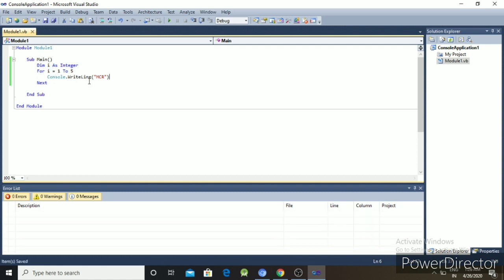Okay, then I will discuss the for loop in VB.NET. It is written using the keyword For and terminated with Next. So the syntax of for loop is: For variable equal to initial To final. Here initial is 1 and final is 5,